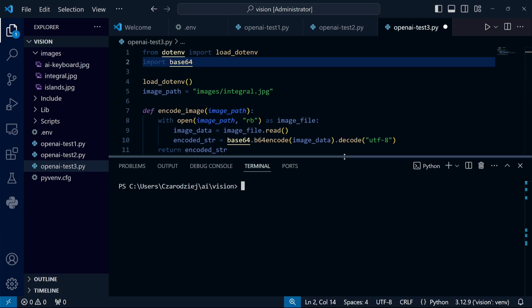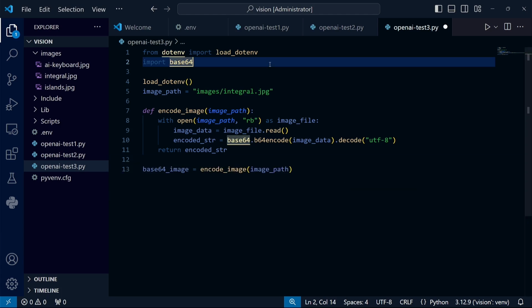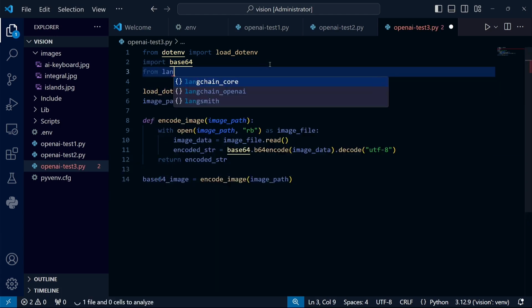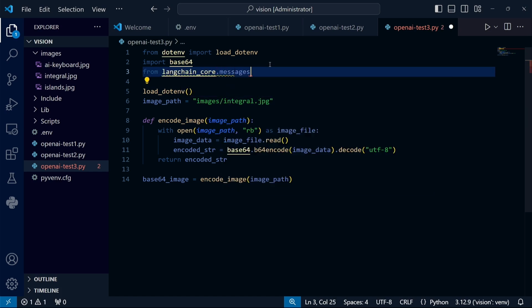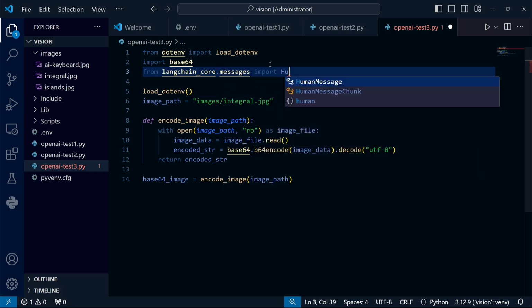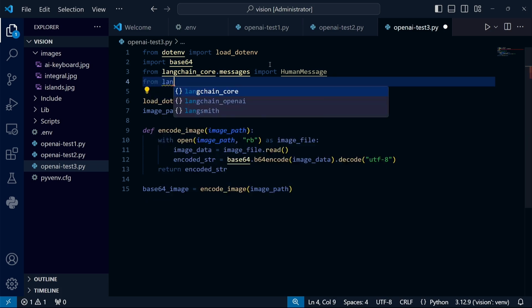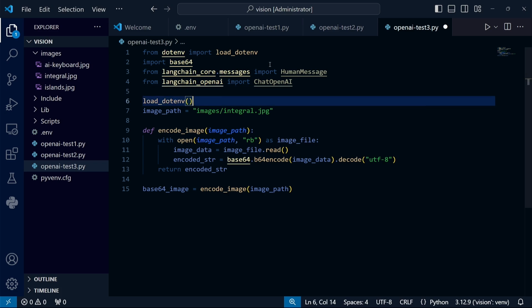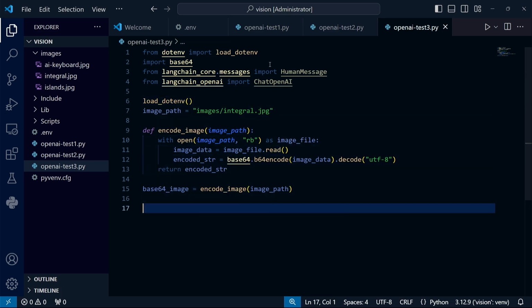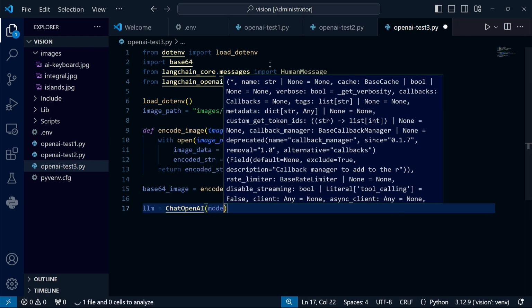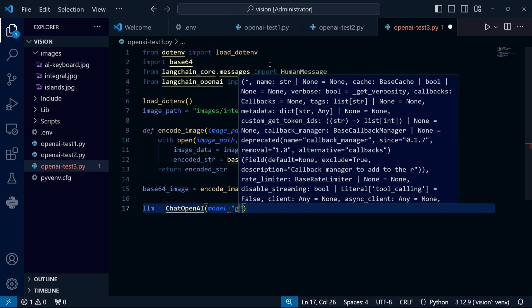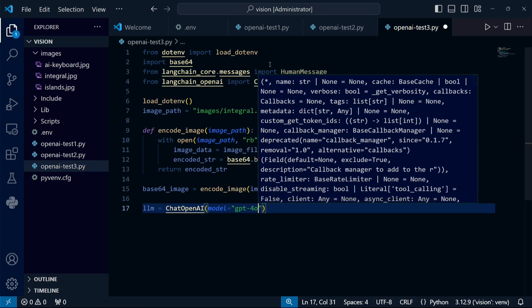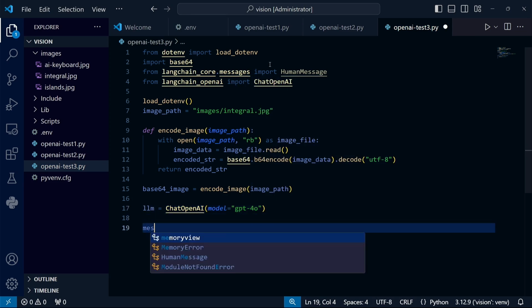If you want to learn more about LangChain, it's definitely worth looking at the earlier tutorials. However, let's focus on our program and move on to the imports. I will need 2 things. First, a human message to define our prompt, and second, the OpenAI chat class itself. First, I'm going to create an LLM by instantiating an object of this class. The model we're using here is GPT-4o, just like before. However, feel free to use a newer version if you'd like.